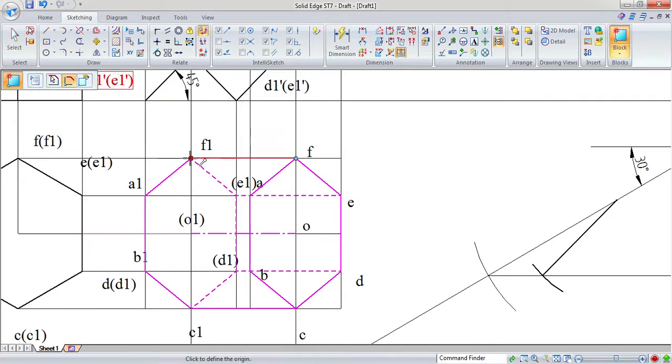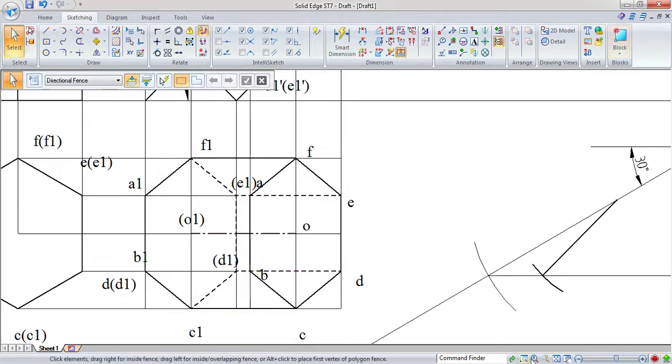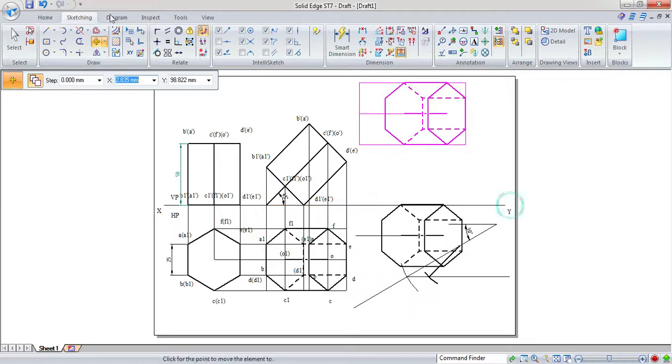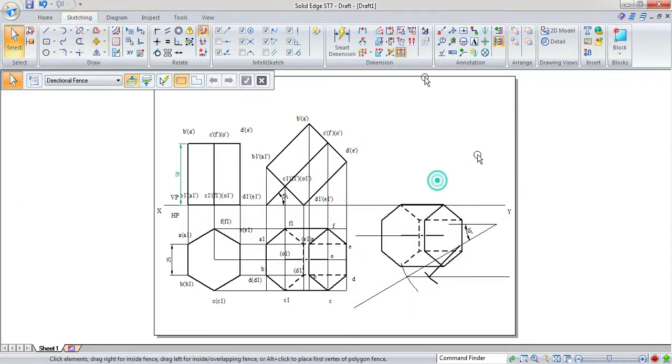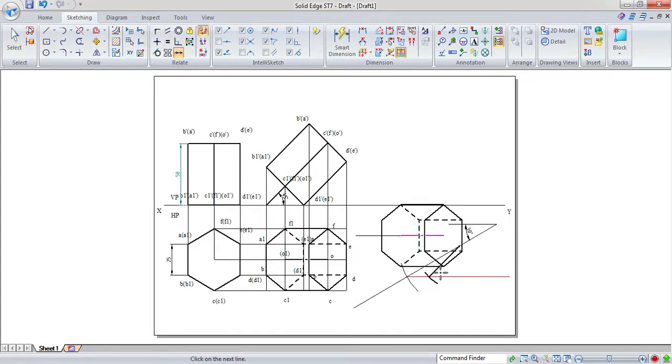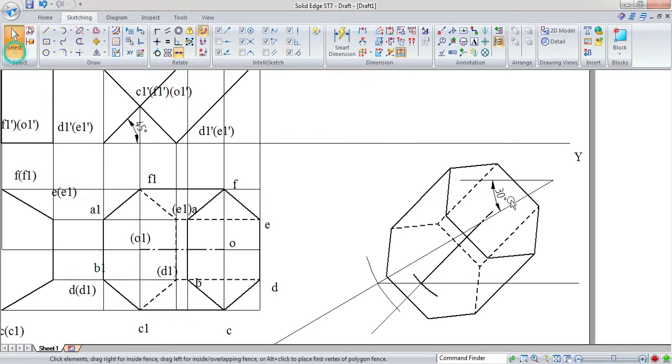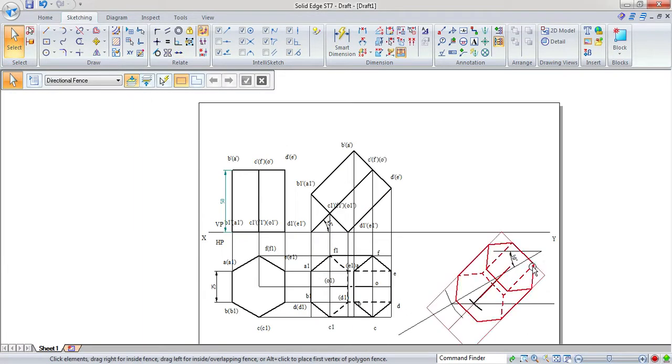Go for block and block it. Once you have blocked, go for the move, take one copy of that one. Now you can rotate, or else straight away you can use the collinear and collinear with this line and just drag it here.